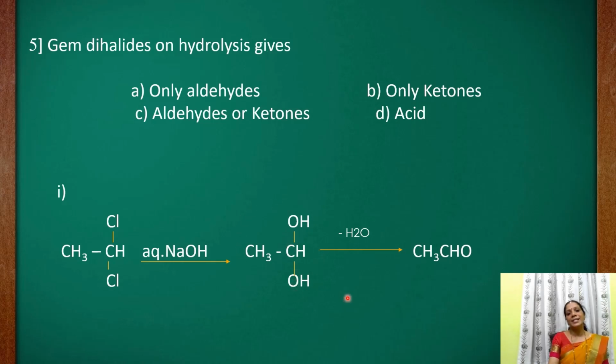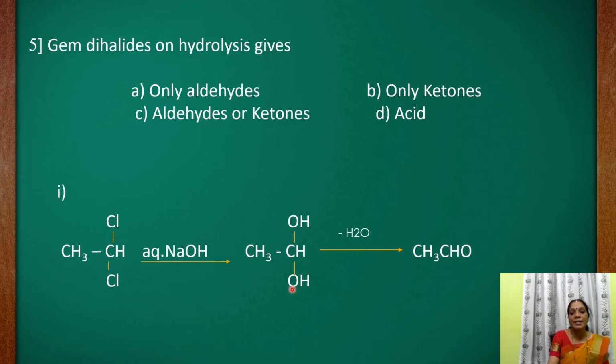Listen here, students, whatever formula of the product I have written, it is not the stable product. We cannot isolate this product. Understood? At the end of the reaction, we won't get this as a final product. This is because not only here, in any organic compound, if a single carbon atom is attached to more than one OH group, it is always a highly unstable state for the compound. It is not the stable state. It is not the comfortable state.